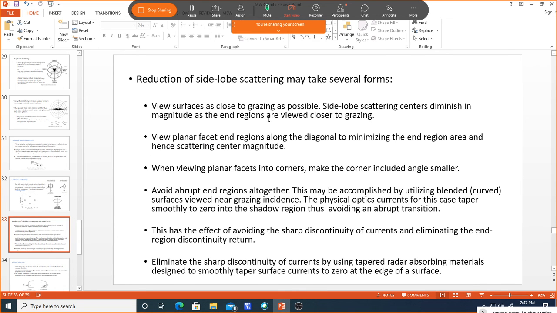So the viewing angle is also important, how the surfaces are viewed with respect to angle, okay. And view planar facet end regions along the diagonal to minimize the end region area and hence the scattering center magnitude. Even with respect to the diagonal, we can minimize the side lobe scattering. And when viewing planar facets into corners, make the corner included angle smaller. That means like this, you can use the